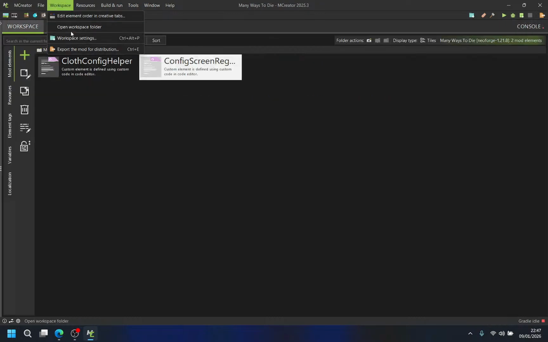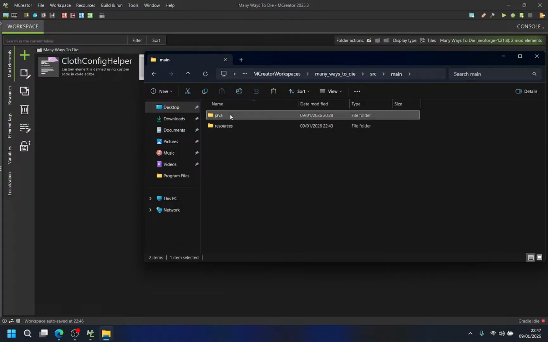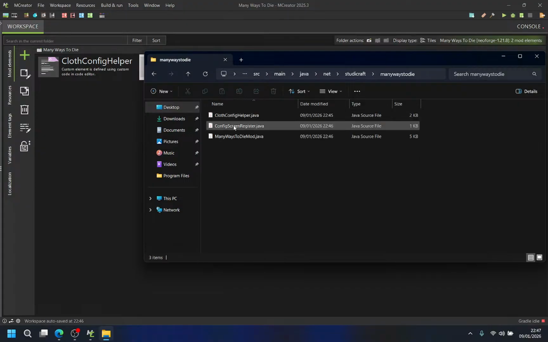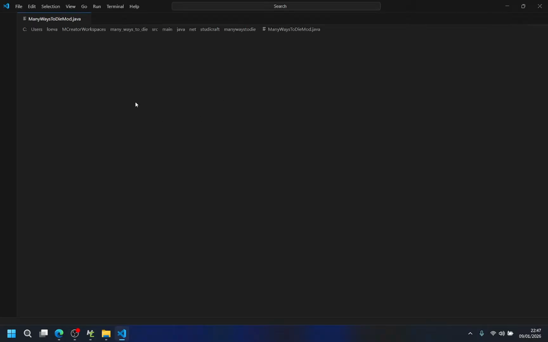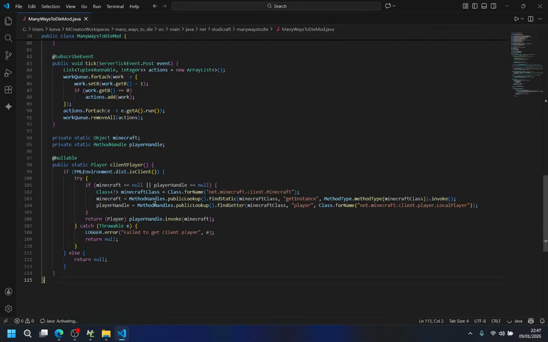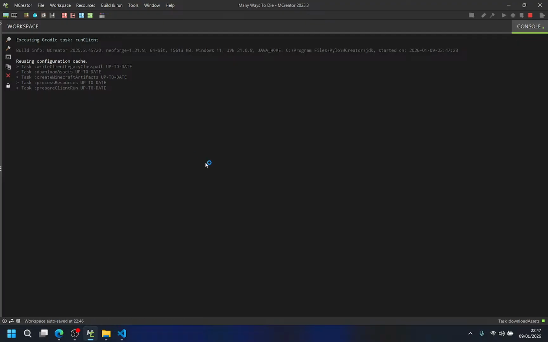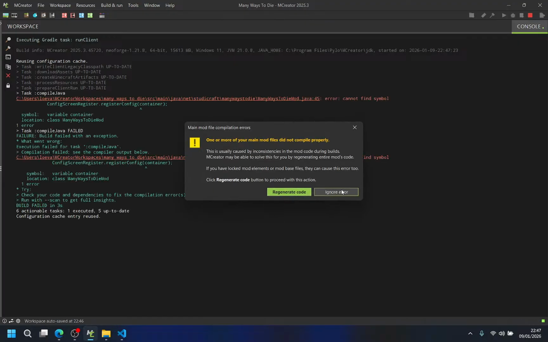Oh, it's the main mod class. Okay, I think I'll just let this window open, like also this window opened, because otherwise I have to, you know, lots of things.